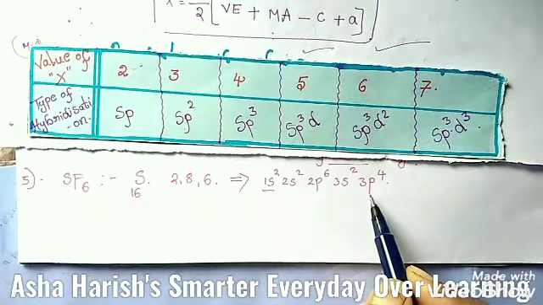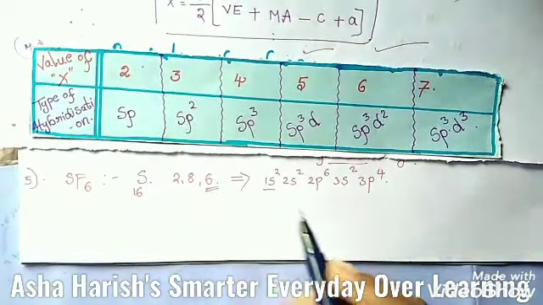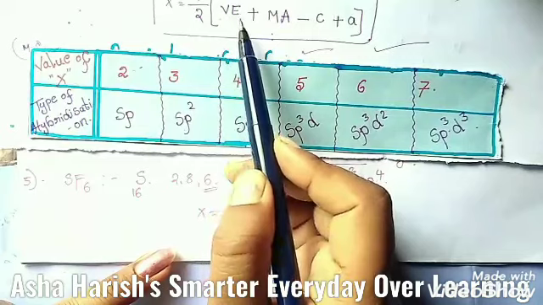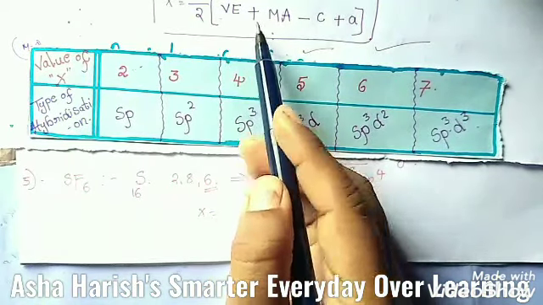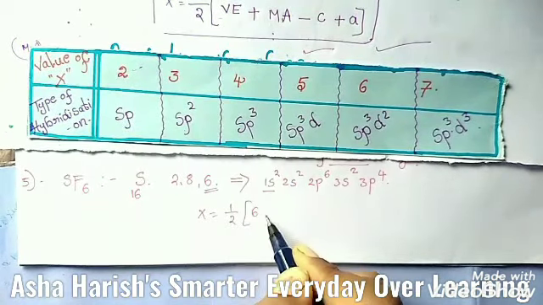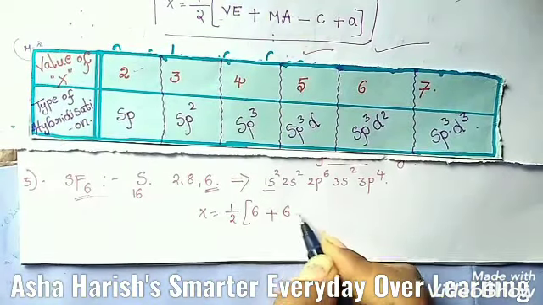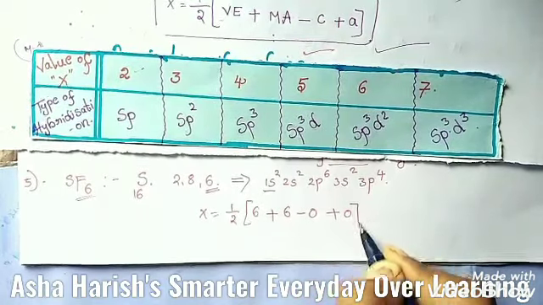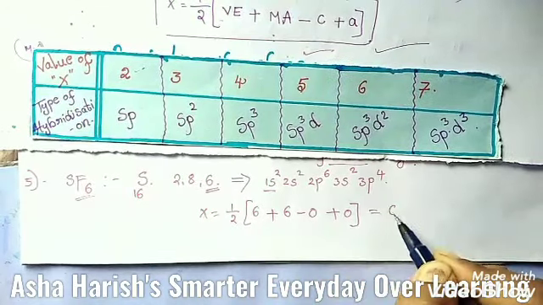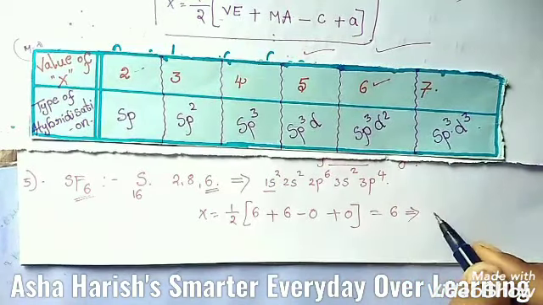1s2, 2s2, 2p6, 3s2, 3p4. Then 2, 8, 6 for sulfur. For this you can calculate the X value. X is equal to half into valency electrons, those are 6 valency electrons, plus monovalent atoms, those are also 6 here, minus 0 plus 0. Why? Because there are no ions. Half into 12 is 6. Okay students, here the X value is 6,